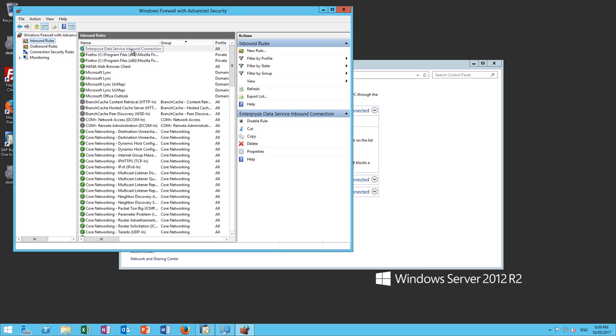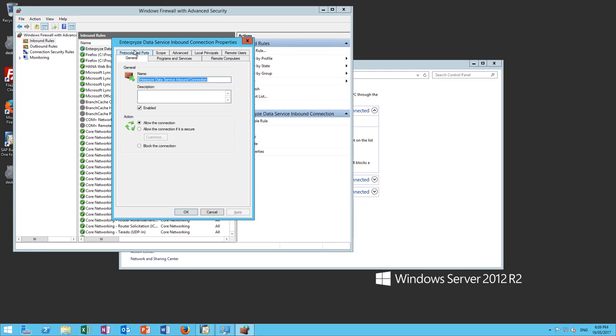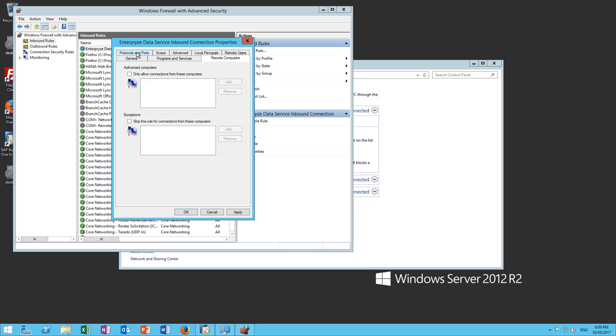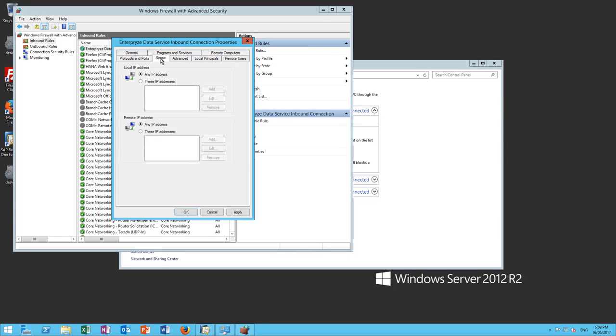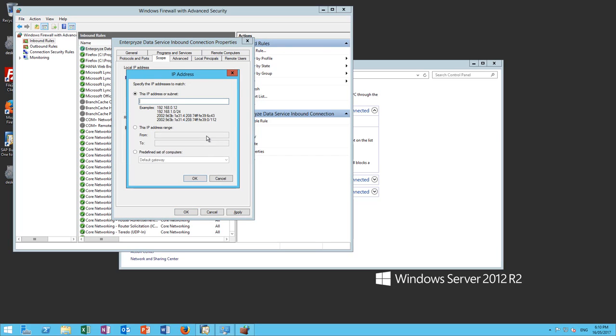But there's one other thing you'll also want to do to narrow it down even more: you only want to allow that traffic when it's coming from the Enterprise web servers. So what you want to do is go here into Scope, and then only allow traffic from a couple of specific IP addresses. So you choose these IP addresses, and then we say Add, and then we put in the following IP addresses, and you can get this from the network documentation. So you've got